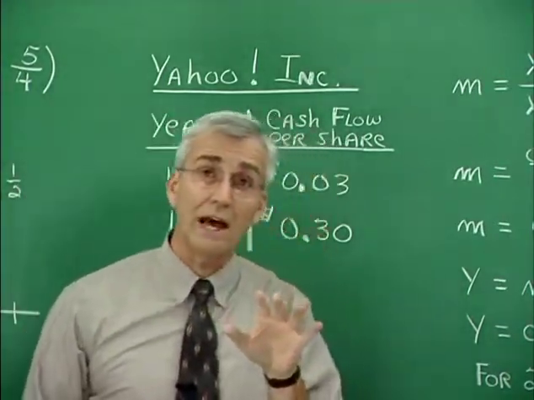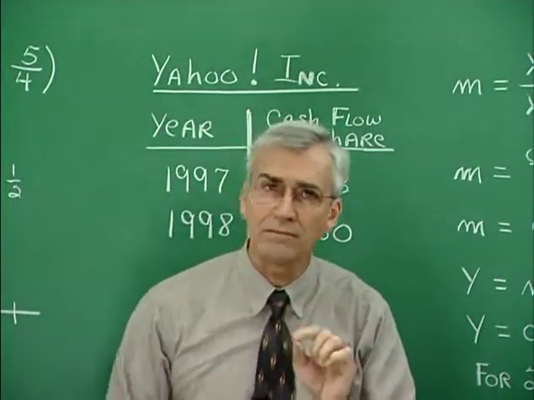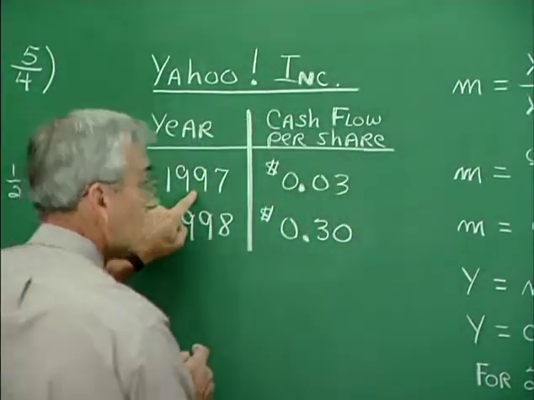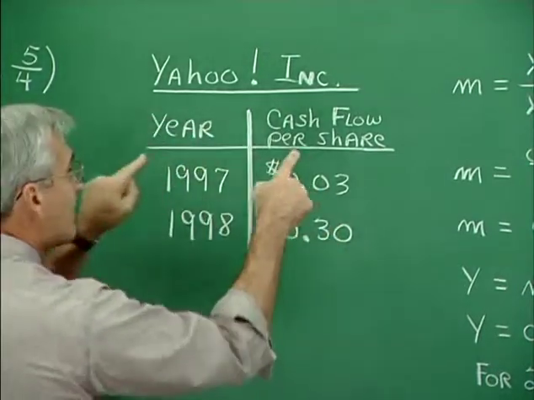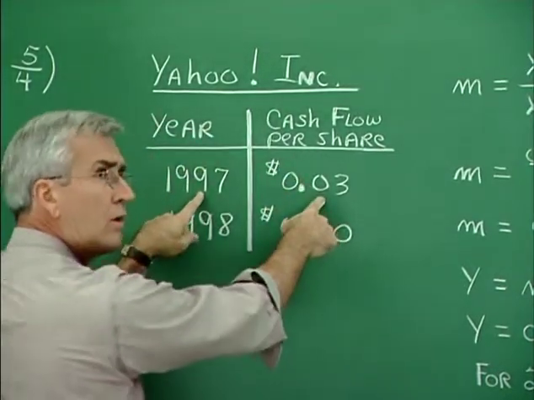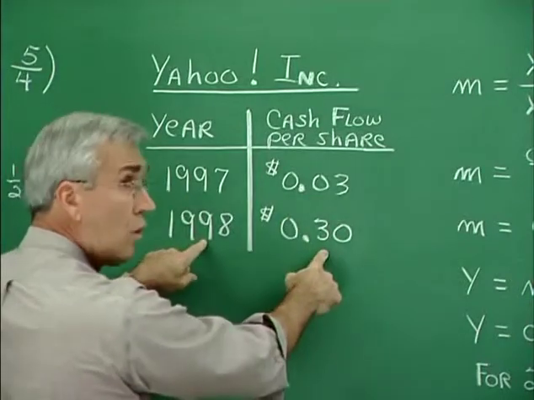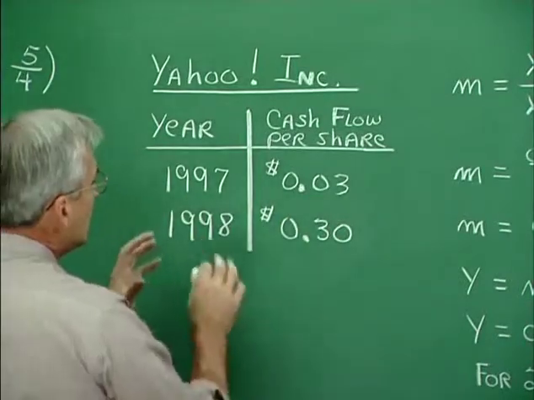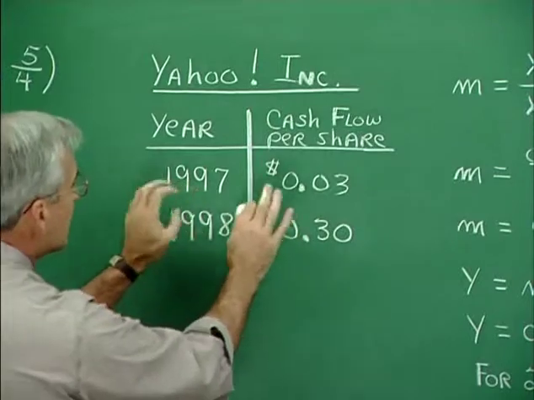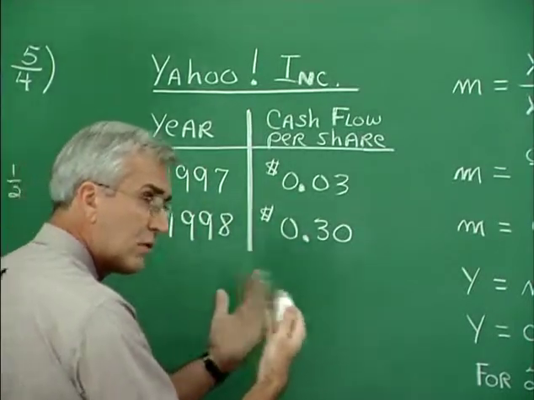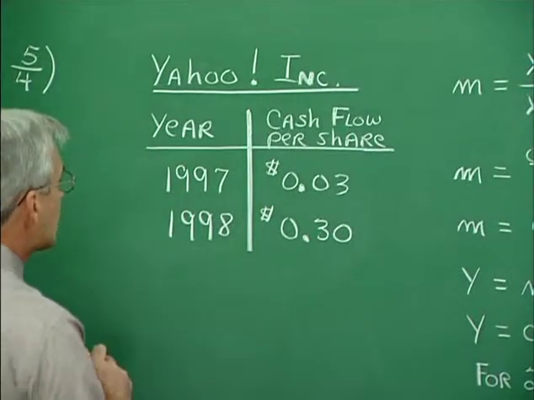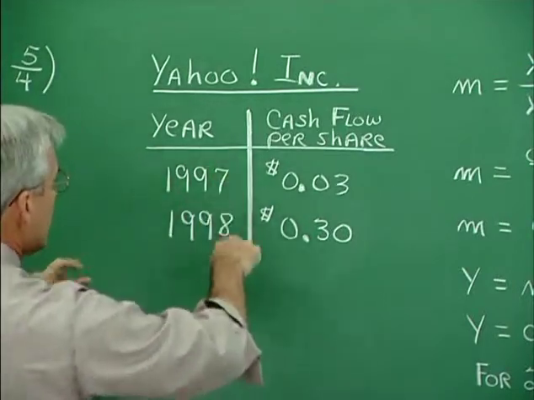Well, we can do that like this. We have 1997, a number associated with another number. So we have a pair of numbers, an ordered pair. Here we have another ordered pair. Now, let's configure these ordered pairs in such a way that we can introduce these graphically. A good way to do that is like this. When you have years involved,